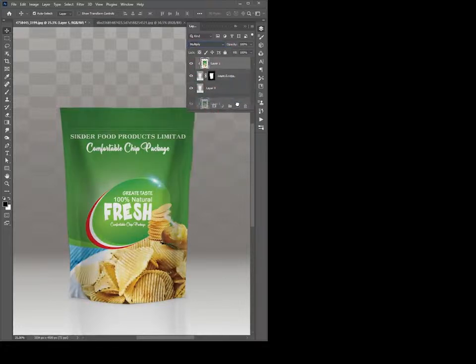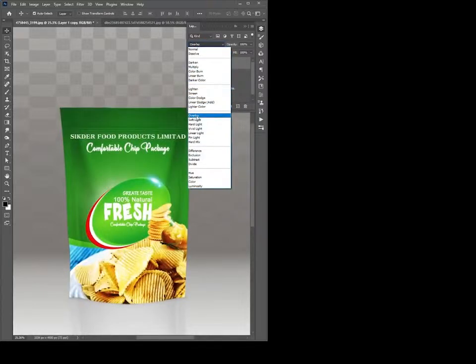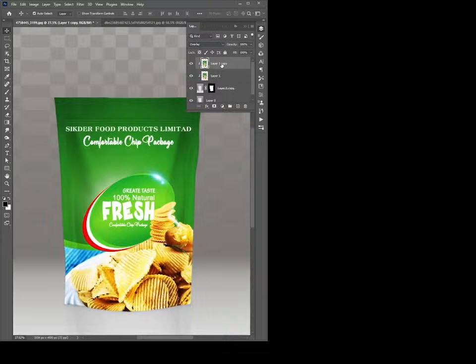Click and drag to duplicate once again. Select, and change the mode to Overlay. Right-click on the layer, and set the opacity to